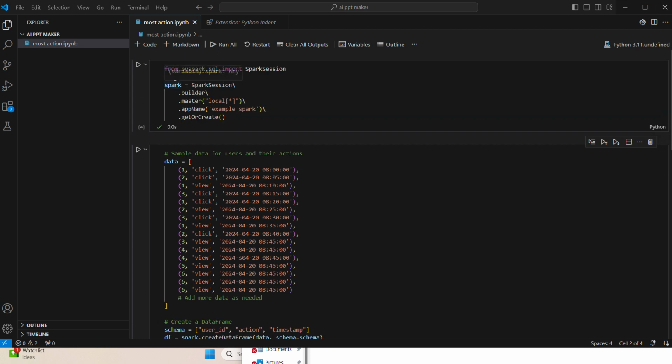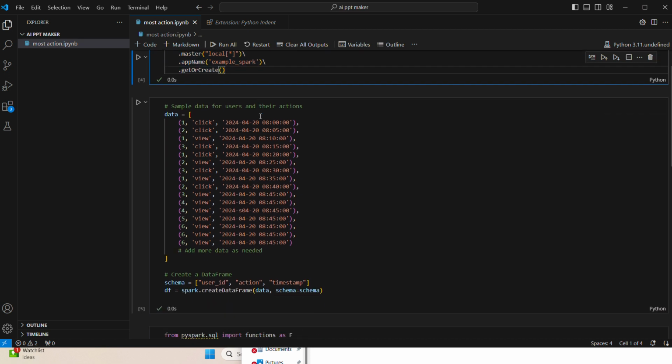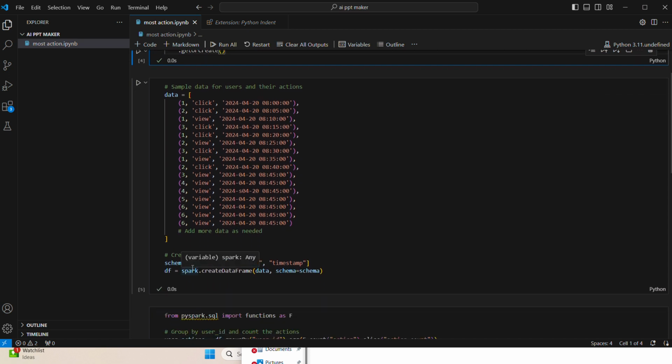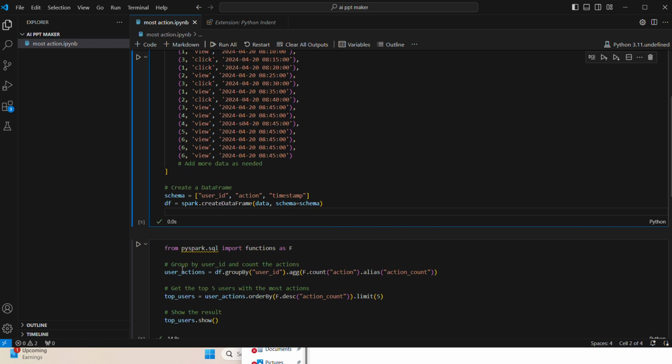I have created a Spark session in the beginning. I think these basics you know. This is the data, this is the schema, the column names basically, and this is how we create a Spark data frame. A Spark data frame is nothing but a high-level abstraction built on top of Spark RDD, resilient distributed dataset. Hope you know about that. Otherwise, I'll make another quick video explaining RDDs if you want. You can tell me that in the comment section.